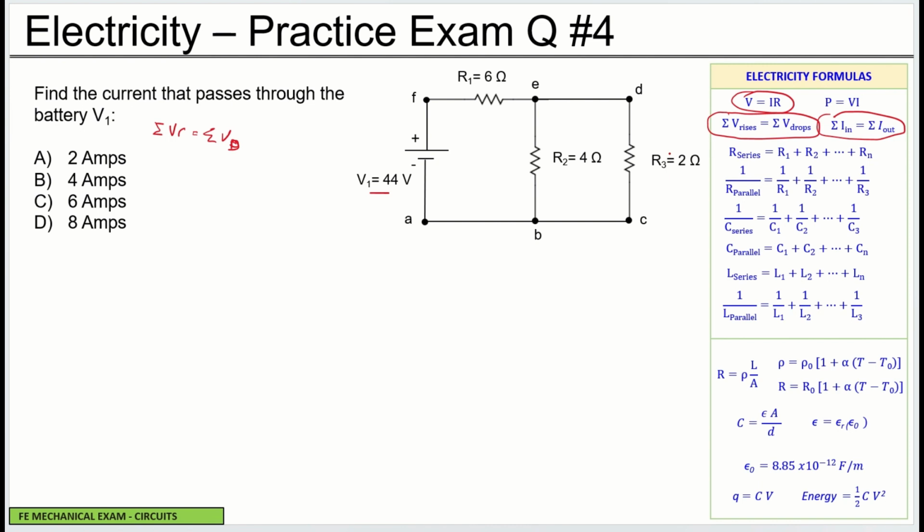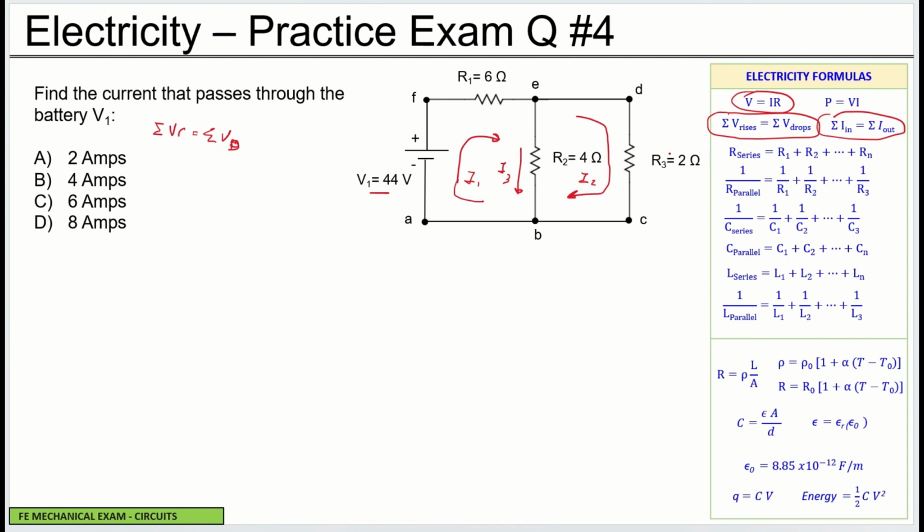Basically, if we go around a circuit, everything has to match, the rises and the drops. So we are going to call this current I1. I'm going to call this current in here I2, current 2. And then I'm going to have another current in this circuit, which we are going to call